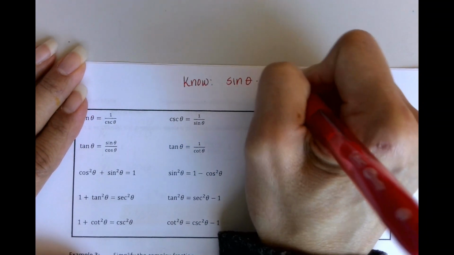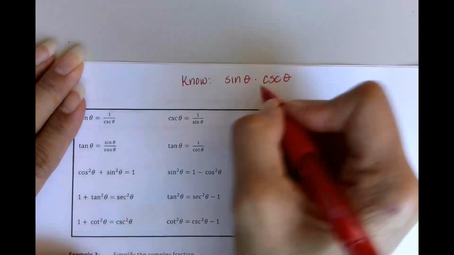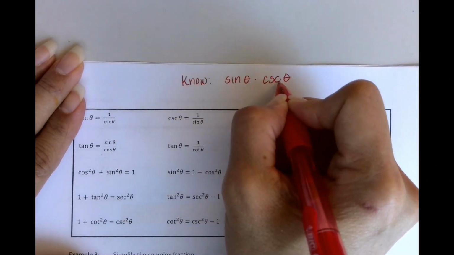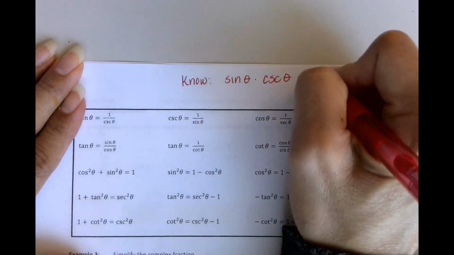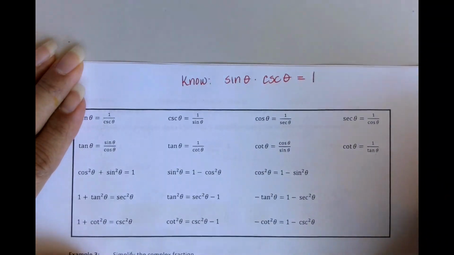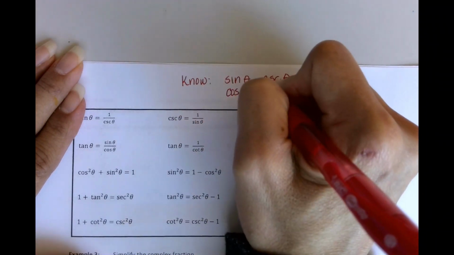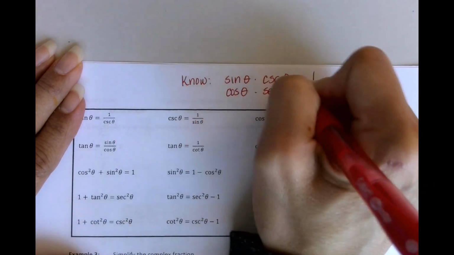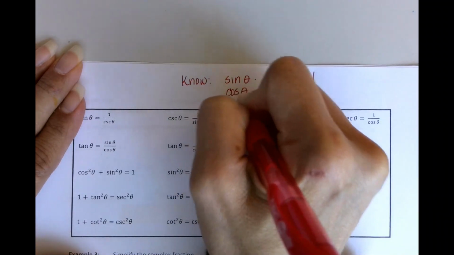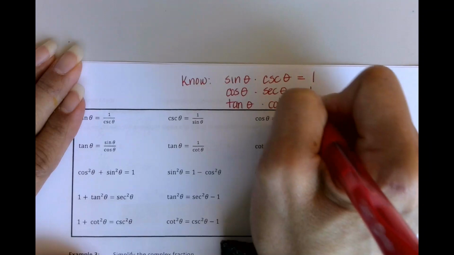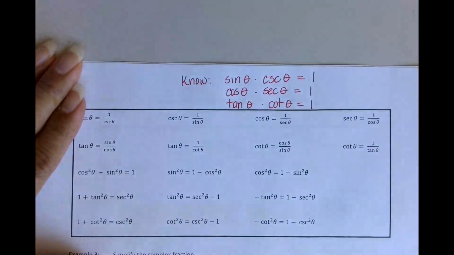Remember, cosecant is 1 over sine. The multiplication of a trig function by its reciprocal will yield a 1. So if I multiply cosine by its reciprocal and tangent by its reciprocal, you will always get a 1 value,